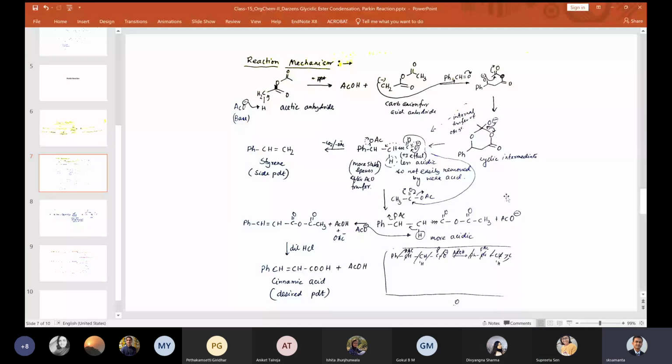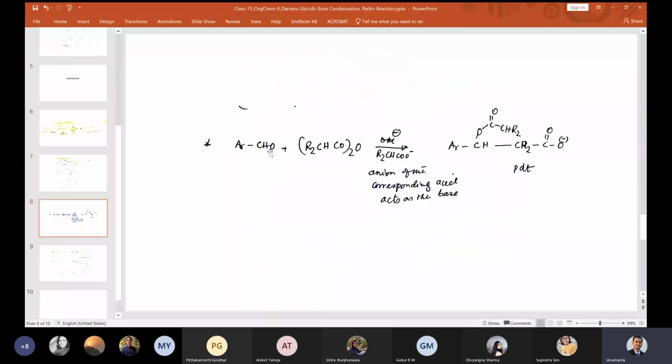So the first question that comes, or maybe in the exam, it comes generally, is what is the proof that there is an acyl transfer? Obviously you can understand this would be the first question, what is the proof that acyl transfer happens and you get this kind of intermediate. For that, this kind of reaction has been done where you took acetic anhydride. In this case, you just remove two of the protons with two alkyl groups, R2. Once this was done, this becomes the product. Here R2CH COCR2 CR2 CO minus.